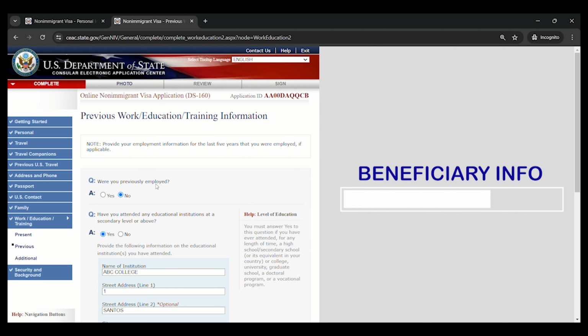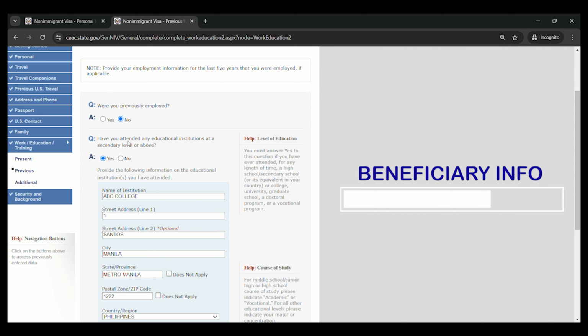Were you previously employed? My answer is no. If you have a previous employer, you have to click yes and provide the details. Have you attended any educational institutions at the secondary level? I answered yes. And then provide the following information on the educational institutions you have attended.